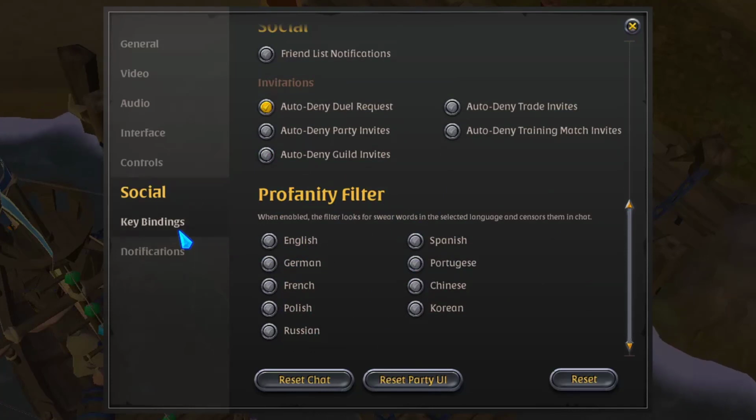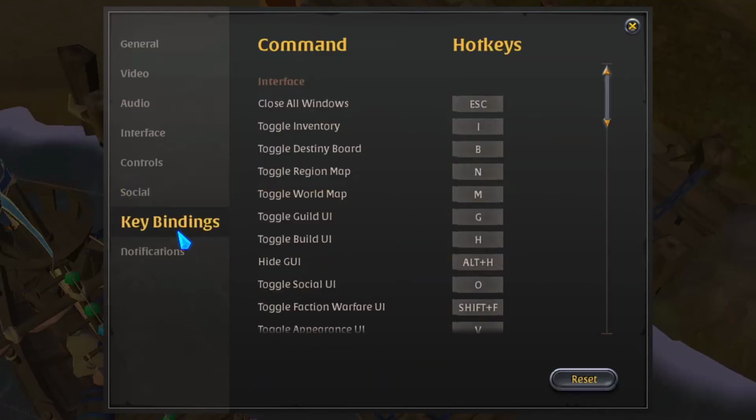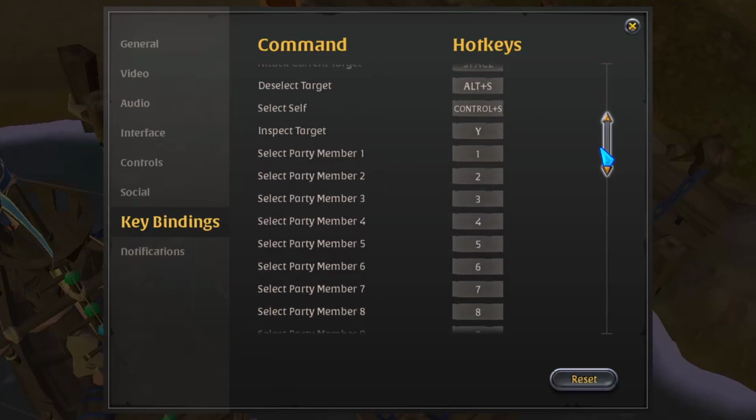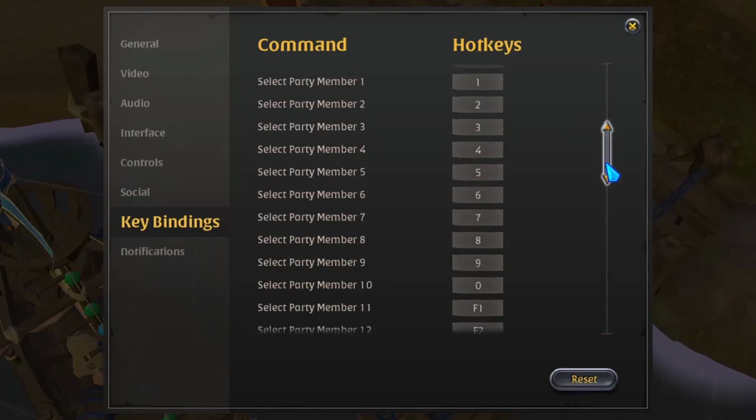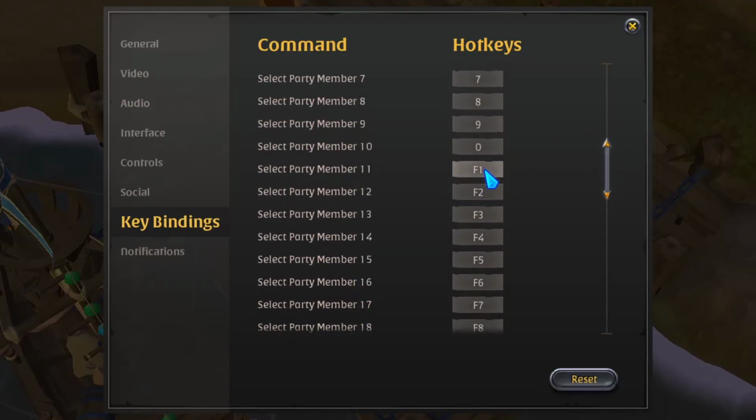Let's go next to key bindings, which is pretty important, especially if you're planning on healing. When healing, especially in something like 20v20 crystals, I suggest setting up the select party members to the following. I have 1 through 10 on the number keys 1 through 0, and then 11 to 20 I use my F keys, and this is just so I can